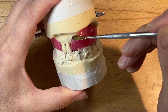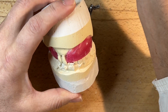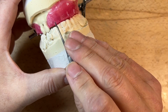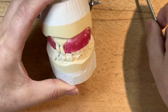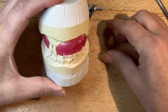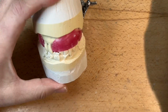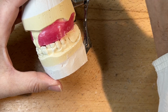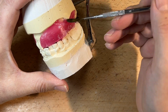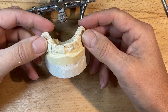So I've taken the liberty off screen here to separate my model so the wax is removable. I've marked the midline. You can see it here. And this is probably an interim denture, so we're going to use, from discussion with the client, B1. A little light, but this was the request, and somewhat matching the bleached lower 1x9